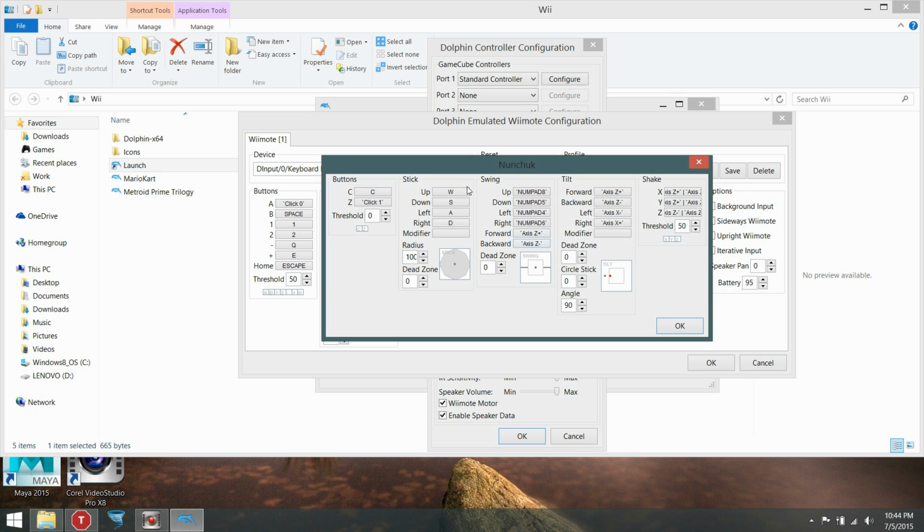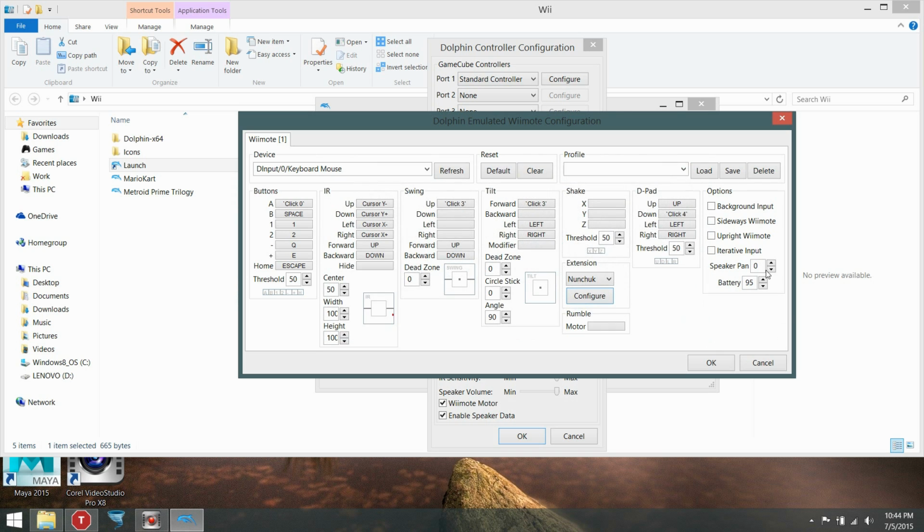And the reason why I'm recommending these settings is because of Metroid Prime Corruption, where you actually need to pull the nunchuck towards you while using the grapple lasso. So you'll be able to use the grapple lasso by just scrolling your mouse wheel up and down. Trust me, it's really convenient and it's really fun. You will enjoy this experience. Press OK, close this,